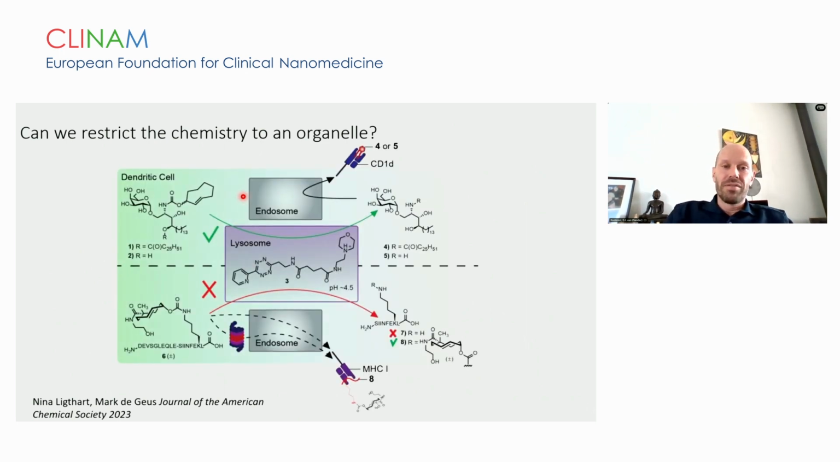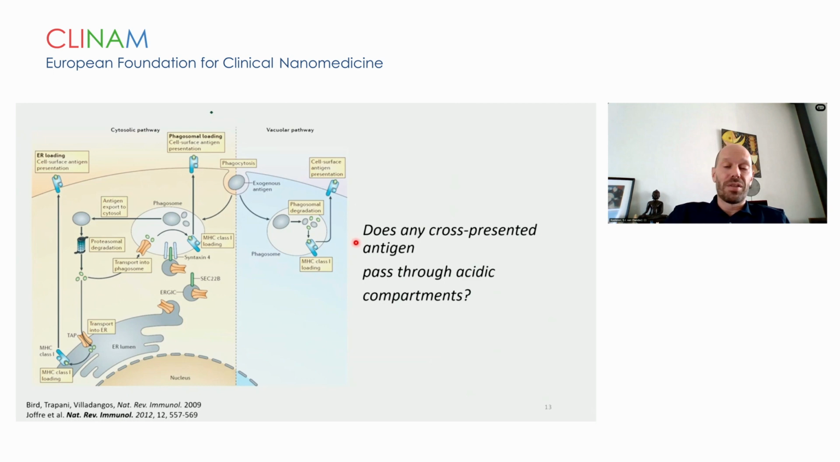What we've also done is we've tried to use a different tetrazine that you see here, one that's targeted to a specific organelle, to see if we can use click to release to learn something about the actual route that the antigen takes through a cell. So as I've shown here in this pathway,